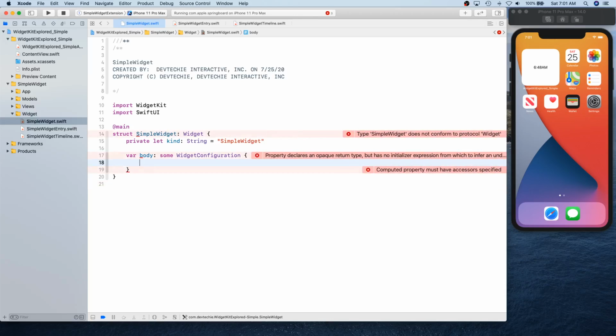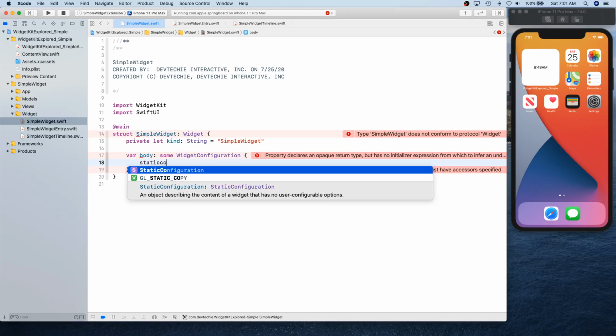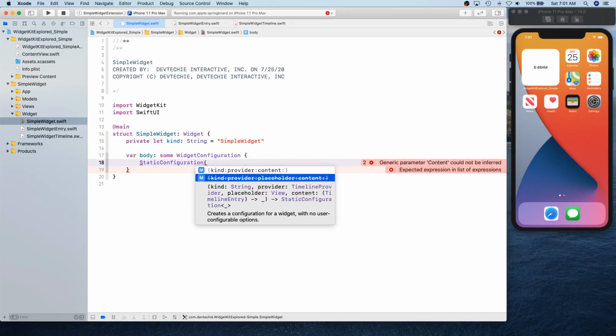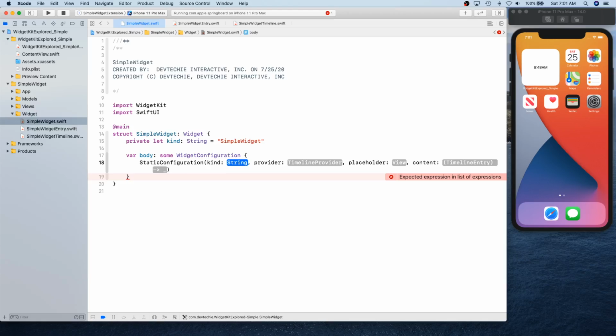Now this takes two types of configuration. There's intent configuration, and there is static configuration. So we are interested in static configuration. As you can see, there's this deprecated method. We're going to use this one because Apple is still working on this new one that's coming up. I saw some of the issues when I was working with the other one, so I would recommend that you work on the deprecated one until the new beta comes out.